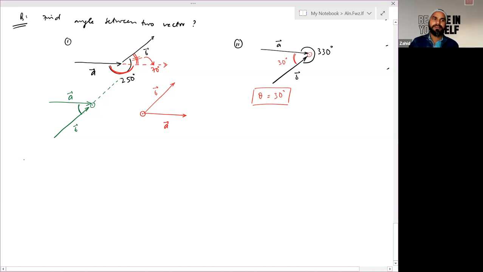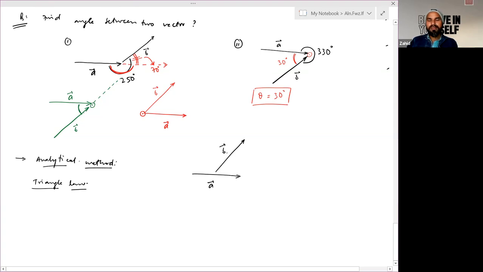So next is how to add using the analytical method. There are three different laws in this analytical method. First is the triangle law. Let's say one of the vectors is along this direction and the other is along this direction. Try to shift vector B so that the tail of the second vector will coincide on the head of the first vector. So it will be